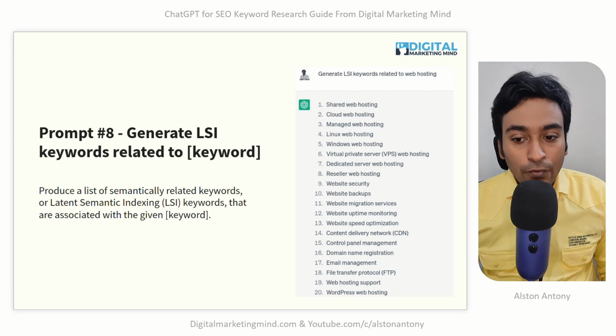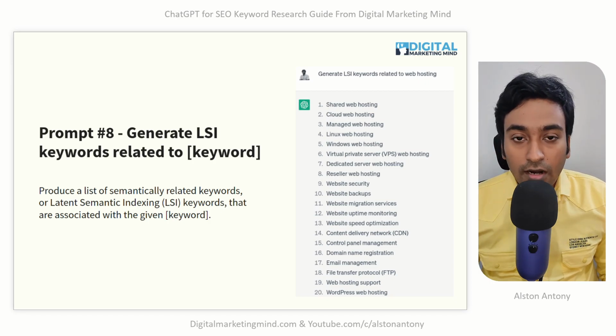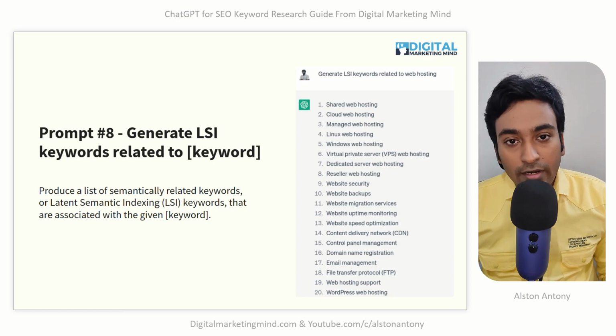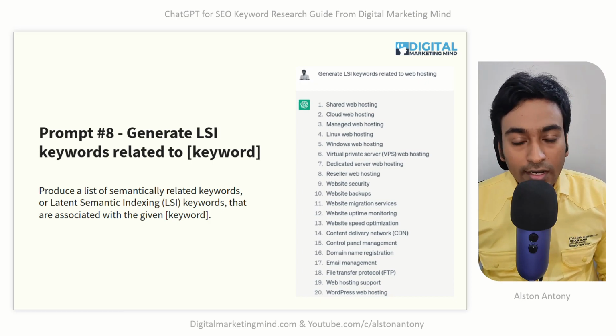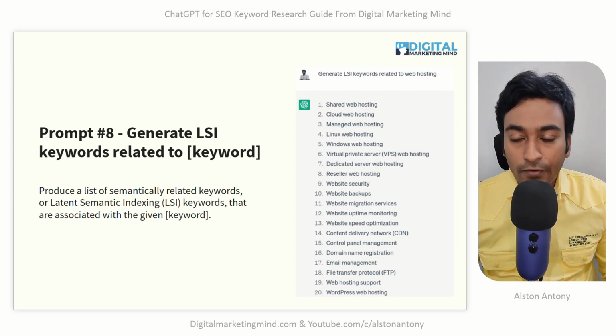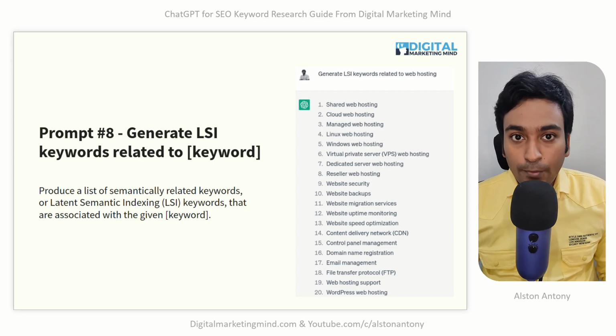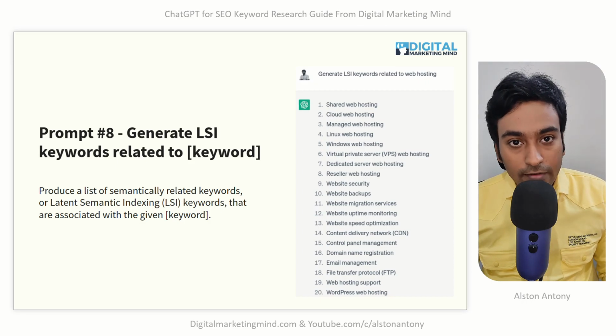These are very good for latent semantic indexing, where most of the search engines are nowadays using this a lot to identify entities, connect various articles to provide much more relevant content for users. And also you can rank not only for one keyword but a range of keywords by using these words within your article. This is one of the factors, not everything, one factor. And when I ask ChatGPT to generate LSI keywords for my main topic, it does bring and generate a lot of LSI related keywords for it.